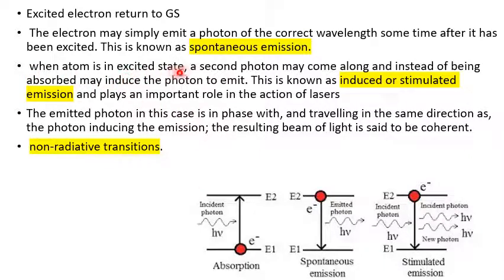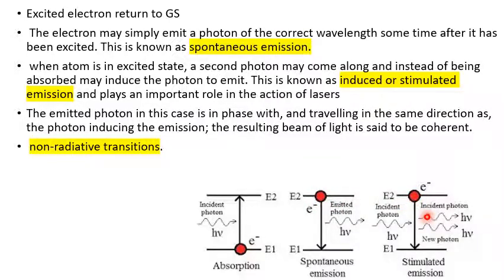When an atom is in the excited state, a second photon may come along and, instead of being absorbed, may induce the photon to emit. Sometimes the electron will simply come to the ground state and a photon will be emitted, but sometimes, before coming into the ground state,